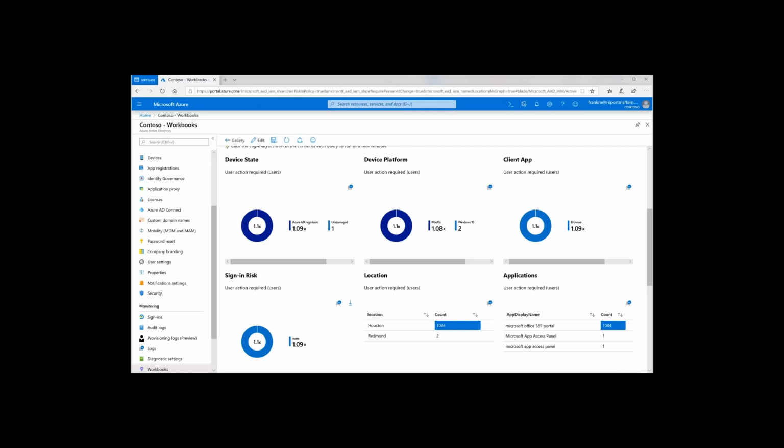We consider that an impossible travel, and there's an impossible travel policy that says, how can this user log in from 2 different locations within an allotted period of time when it's impossible to travel to that location within that time frame? Those are the sorts of things that you can invoke and say,